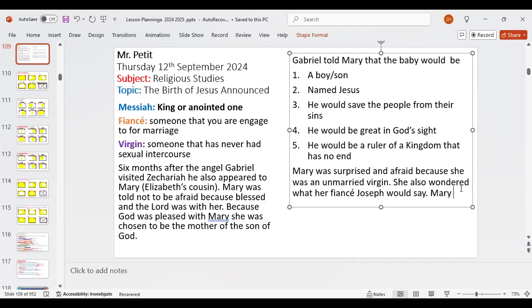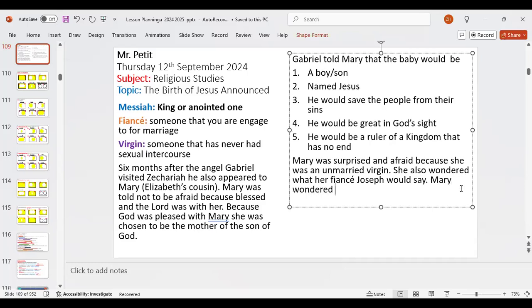Mary wondered how she would give birth to a child as a virgin. Gabriel explained that the Holy Spirit,